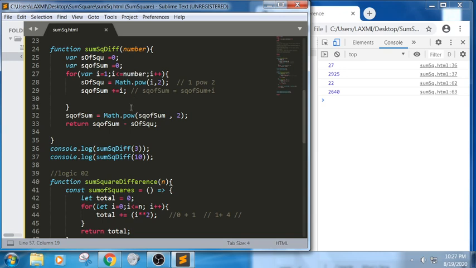We have taken a function here, sum square difference, and the value is 3. This value we are trying to pass to the argument number. We have set two values, sum of square to 0 and square of sum to 0, and for var i equal to 1, we are trying to iterate the loop here, i comma 2, yes. First we perform the sum of square equals Math.pow, in the sense 1 power 2, yes, sum of square is equal to, yes, we got the logic.